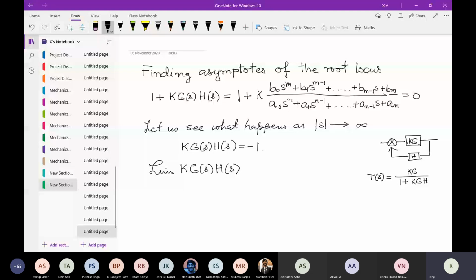And that is actually our headache. We not only have the product of G and H, we also have a 1 coming in. Because if we had only G into H, then both the systems are known to us. We would know the poles, zeros, everything. It's because when we give a feedback to a system G, putting in a gain K and the feedback through H, that is where we face the problem, because then things become unknown.